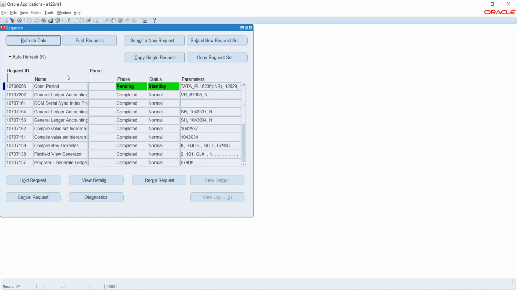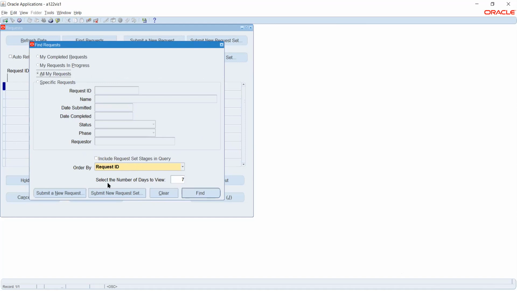Okay, so let this program run. Meanwhile, probably we will see the other options that are there while running this program. So here we have a few options. If I want to search for any particular report, what I will do is go here in view. I have request. So under request, I'll click